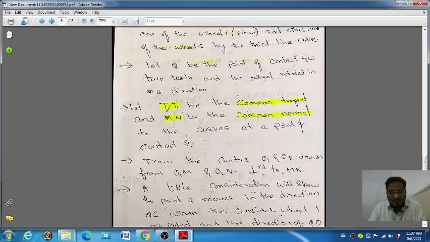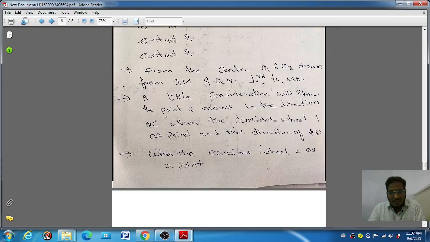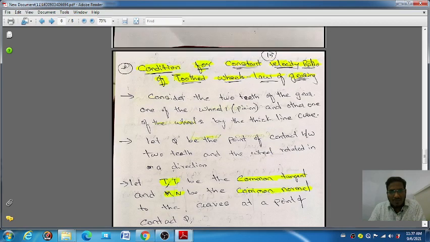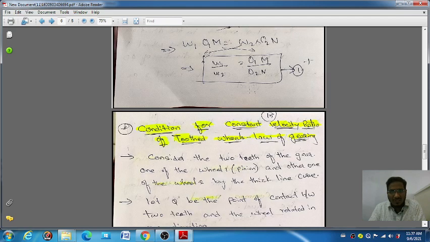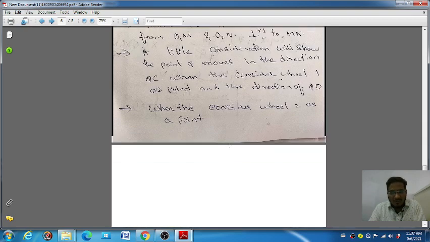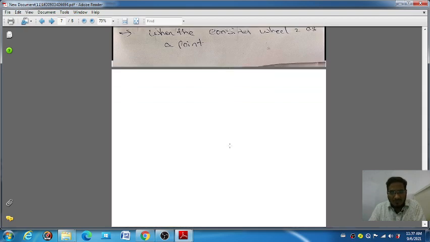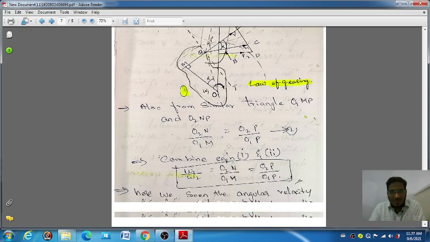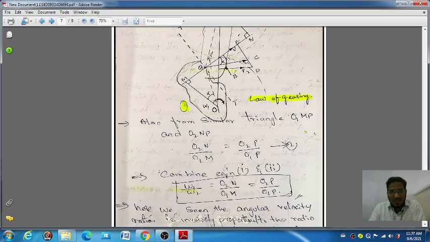Then next, this is the same page, all of it came here. No need to get confused, this is what we already discussed. In that we discussed equation 1, and then we have to discuss the another part of this derivation. This is the second part. Here in that second part, the diagram is shown to you to understand the law of gearing, how the law